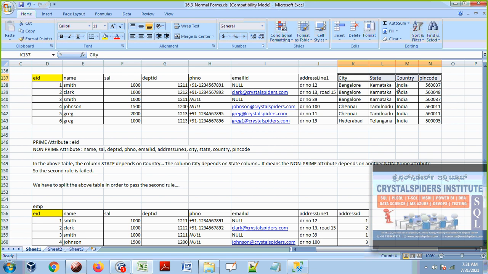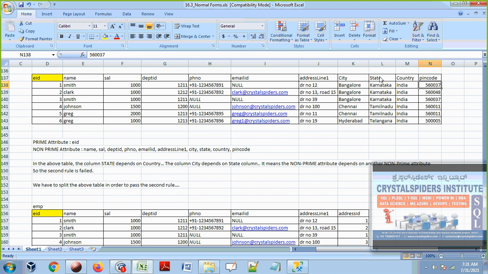If you change the country, you have to change city, state, pin code also and address also. For suppose if I change the state, I am Smith. Okay, I am Smith. I moved from Karnataka to, let's say, Tamil Nadu. I definitely have to change all these, right? Address, city, pin code, all that.